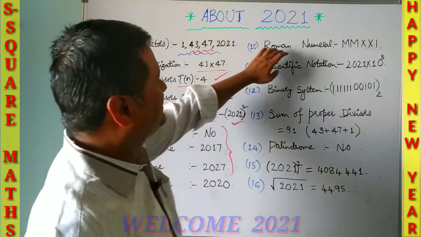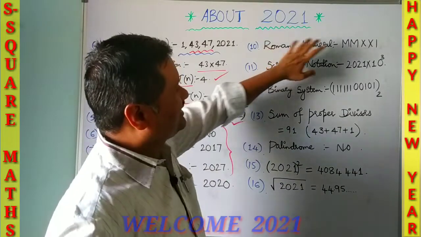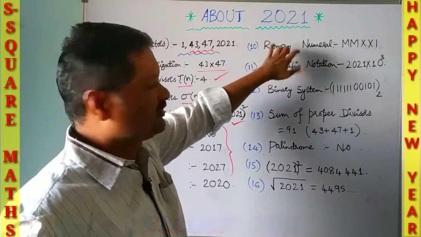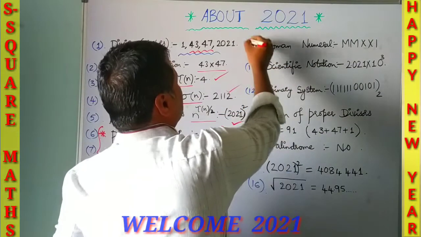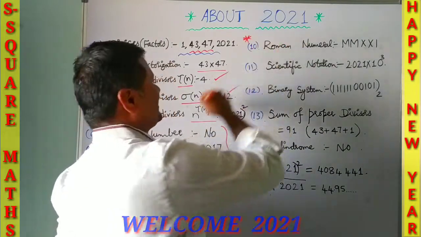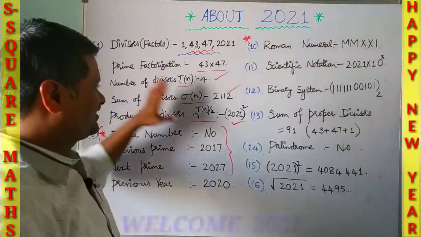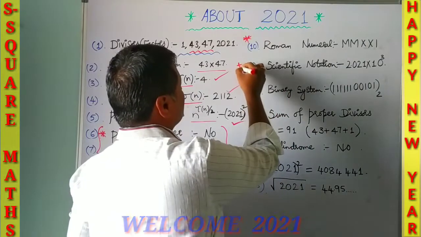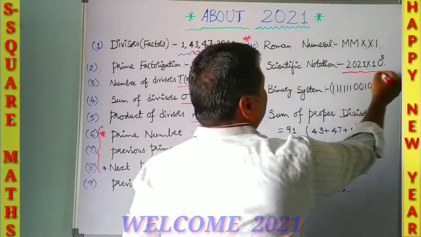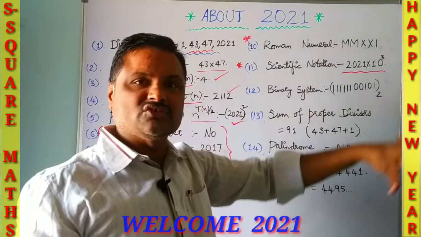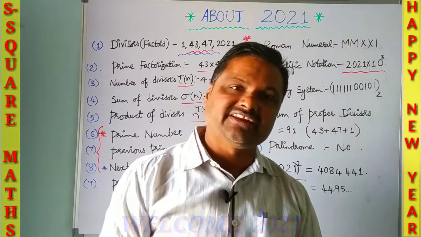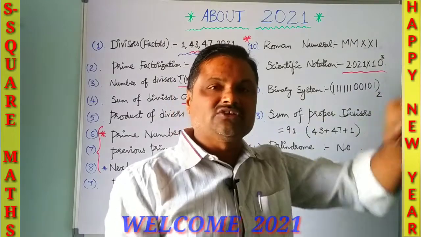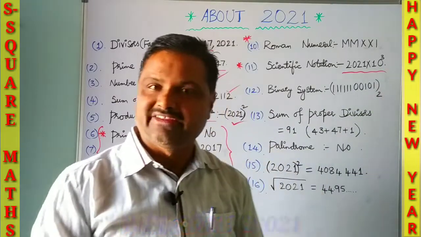Next, the Roman numeral here, MMXXI, nothing but the Roman numeral. You can motivate your 5th and 6th class children with this one. Next, scientific notation plays a crucial role for the 8th class students, and even this type of notation you will get in the engineering sector and intermediate with respect to the powers of 10. Hence, scientific notation also plays an important role here.